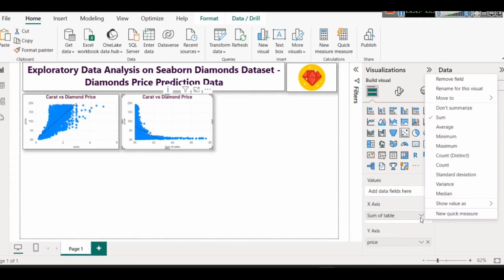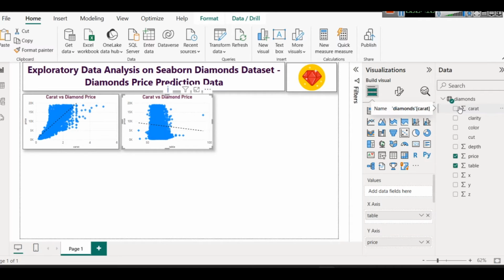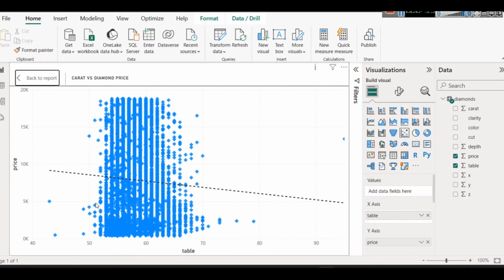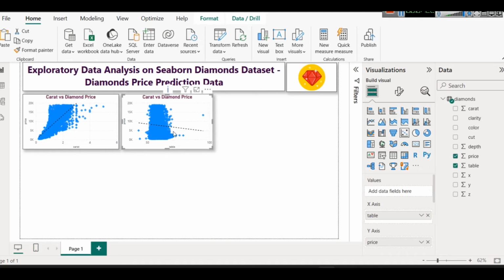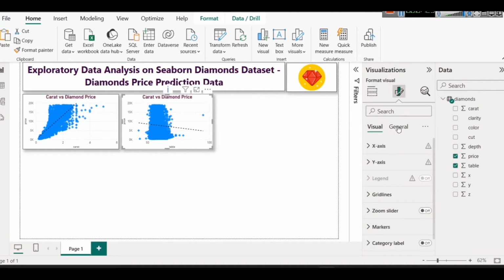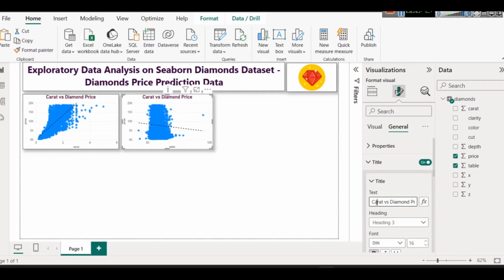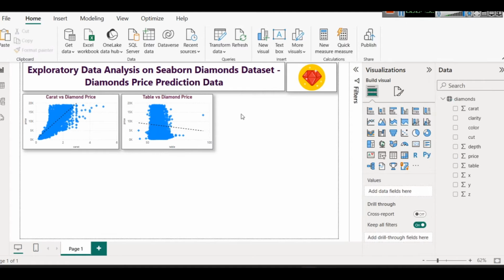For this also we have to do don't summarize. When you see don't summarize here, we cannot see a direct relationship or effect, because for one table value we have many diamond samples. So this is what we can see as the relation between table versus diamond price. Obviously, we are trying to analyze the relationship between a continuous numerical value and another continuous numerical value, but